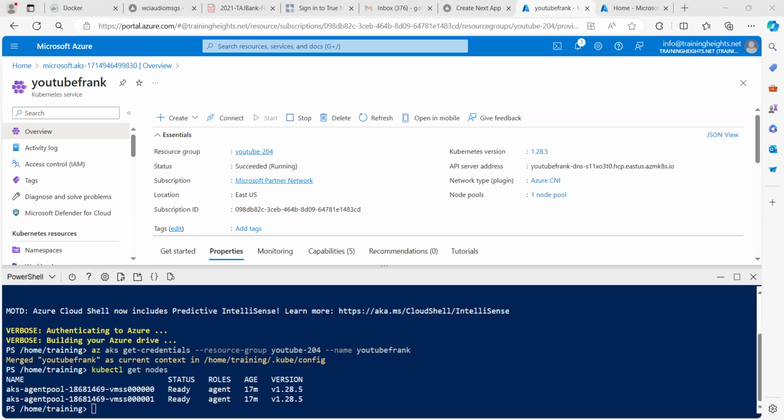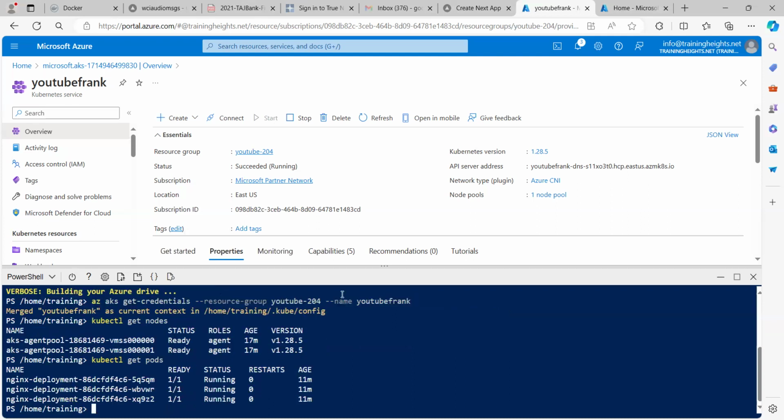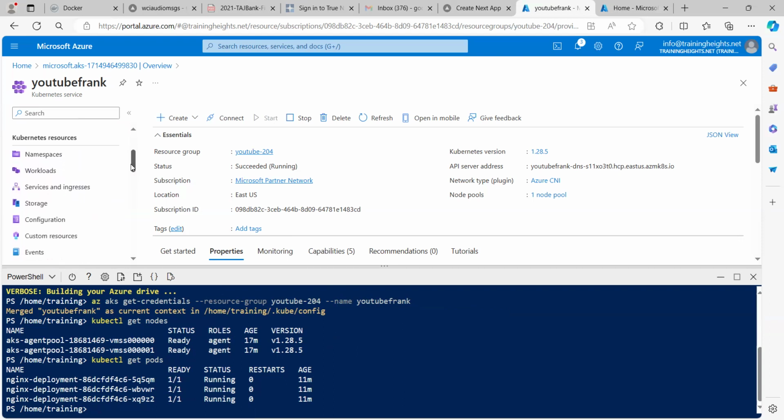pods, the all popular pods. I spoke about how pods help you to create replicas of your containers. Yeah, so now I want to get pods. This will be a very short video. And you can see we have 3 pods over here because we wanted 3 replicas. And if I should go over to my